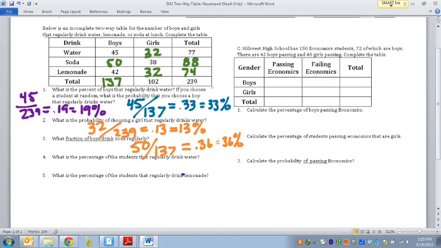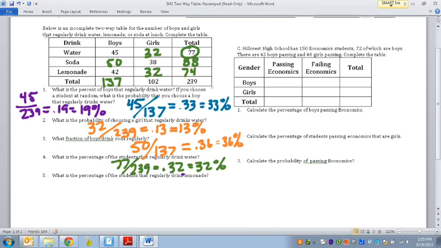Okay, so what percentage of the students, students means boy or girl, so that means we need the 239. Drink water. I have 77 total students that drink water. Again, because this is what percentage of students, it's talking about boys and girls together. So that means 77 divided by 239, which gives me 0.322. So we'll just say that's 0.32, or 32%